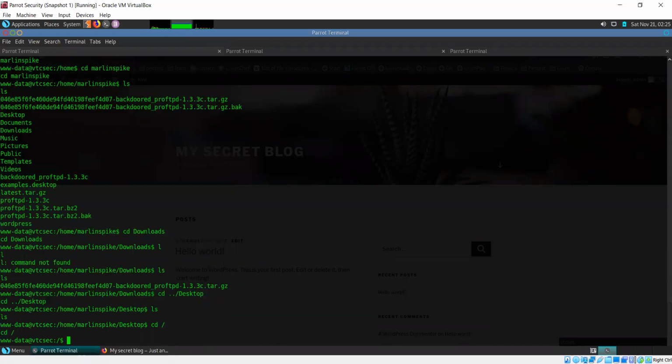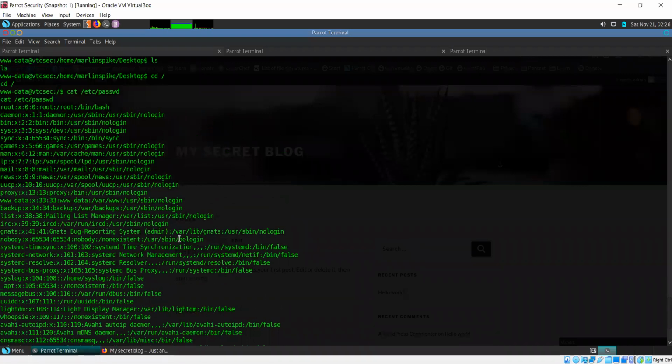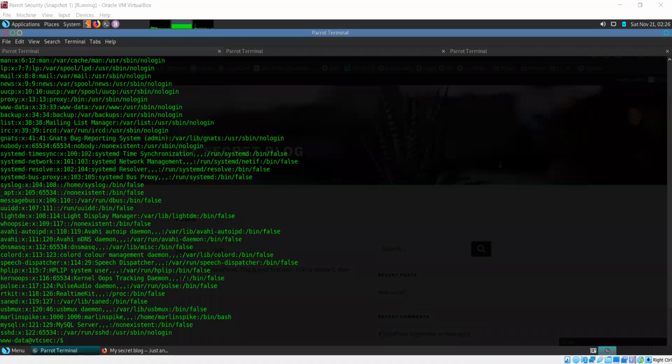Let's see if the passwd file has anything interesting for us. Now, of course, the passwd file does not really contain the actual passwords for these people. It is just going to have the user accounts and some details about them. So, can anyone tell me where the actual passwords would be stored? What file contains the actual passwords on Linux systems now?